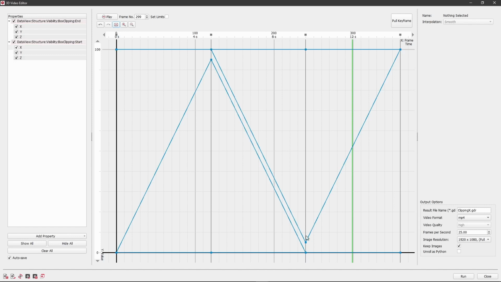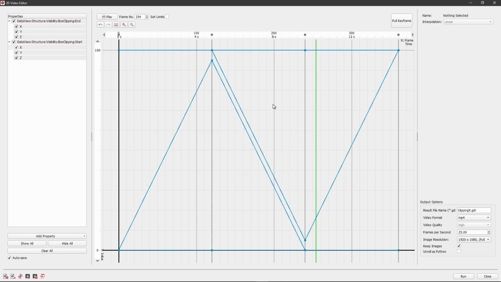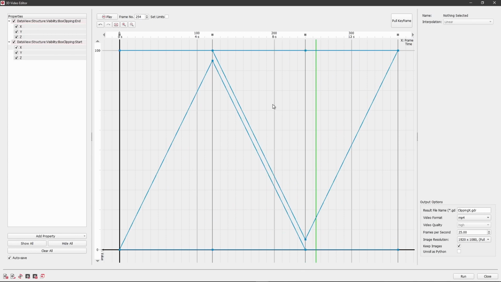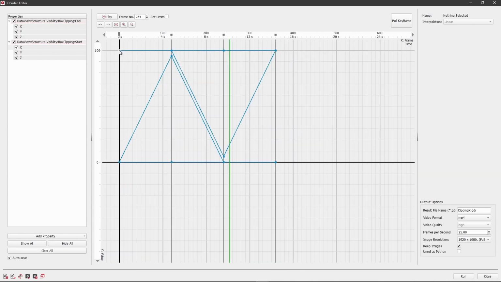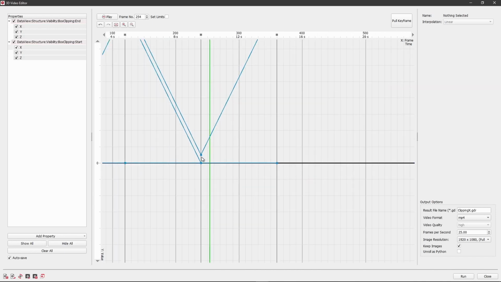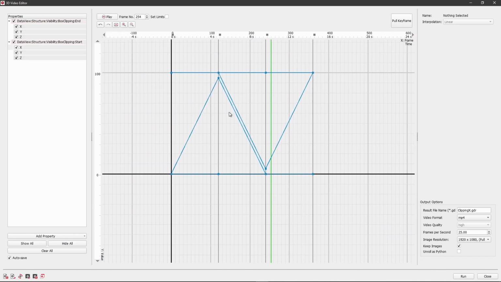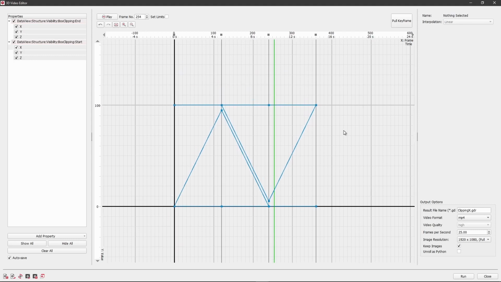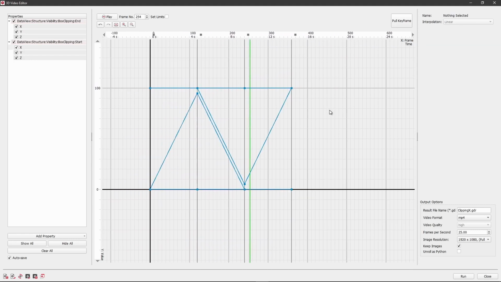Next, we have the graph panel itself. Here we can modify, create, delete and capture keyframes and points. I will start with how to navigate in the graph panel. To zoom in and out, use the mouse wheel while the mouse is inside the graph panel. The zoom takes the mouse pointer as its center and will zoom in and out of its position in the graph panel. To move around the view, right-click and move the mouse inside the graph panel.